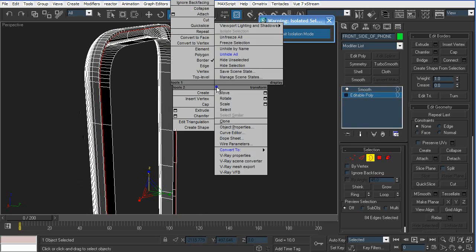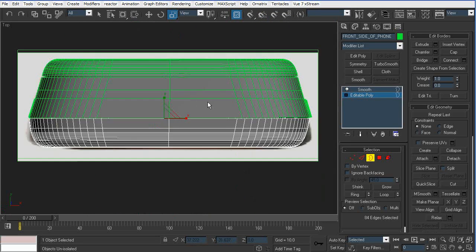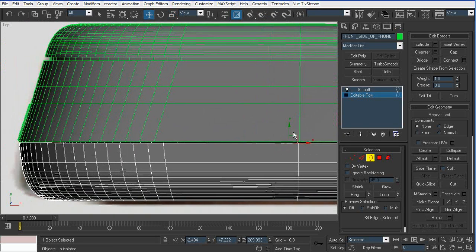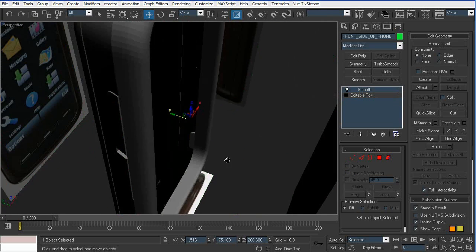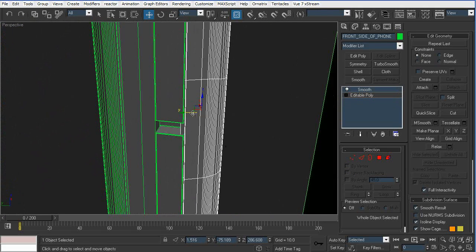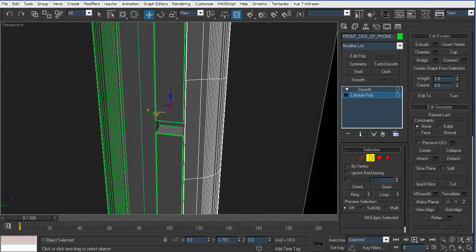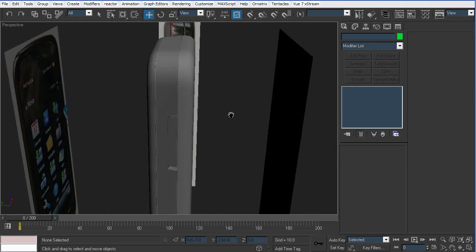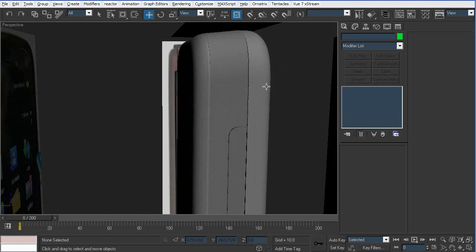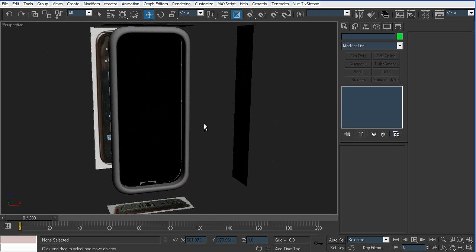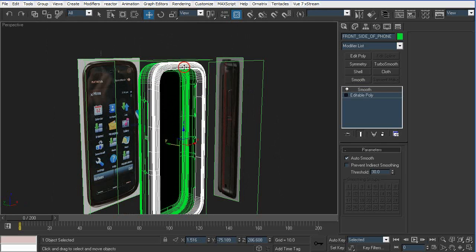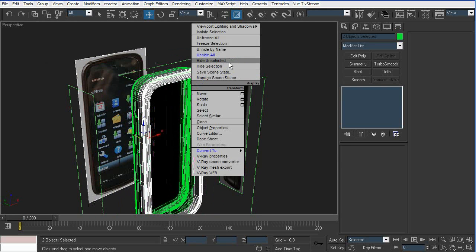Alright, exit isolation mode and extrude inwards. Right, so now we have some overlapping going on, so just a little bit here. There we go. Now you have your crease or edge here. Now for the display, select the front part of the phone and the front reference,